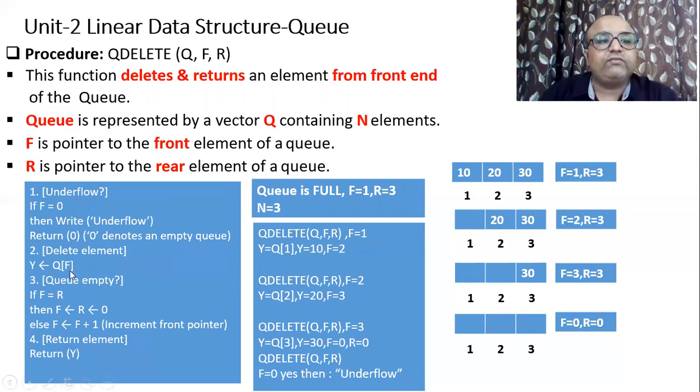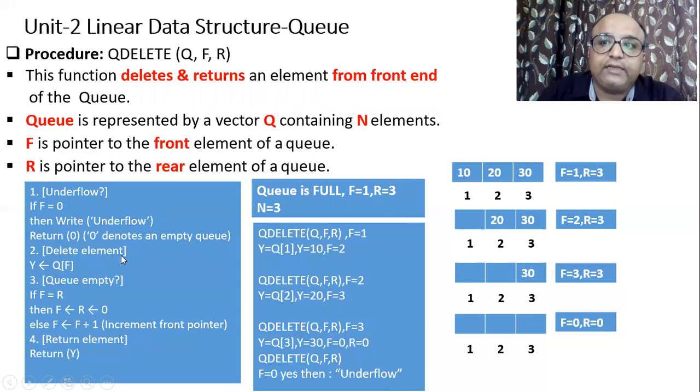Now keep in mind, when the value of f equal to 0, it means your queue is empty. It indicates underflow, and it indicates that not a single element is present in the queue. So in such a case, it will simply return 0. 0 indicates that your queue is empty. But it might be possible you have some positive value of f. If the value of f is 0, it indicates underflow. If there is not a single element present in a queue, then what will you delete? That case is underflow. Now, from step number 2, we'll start deleting an element.